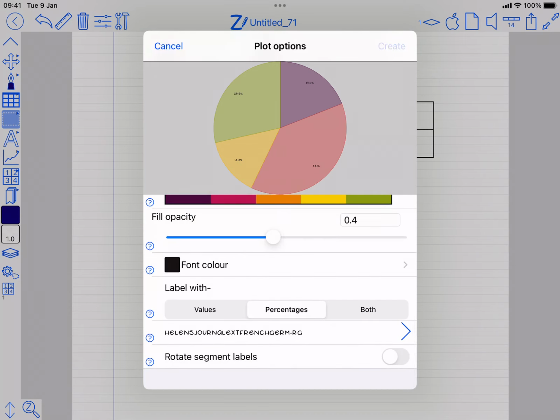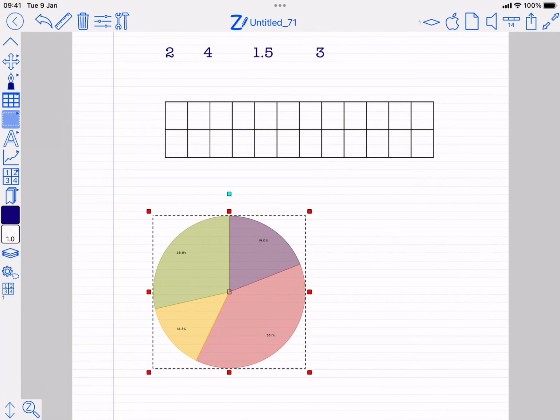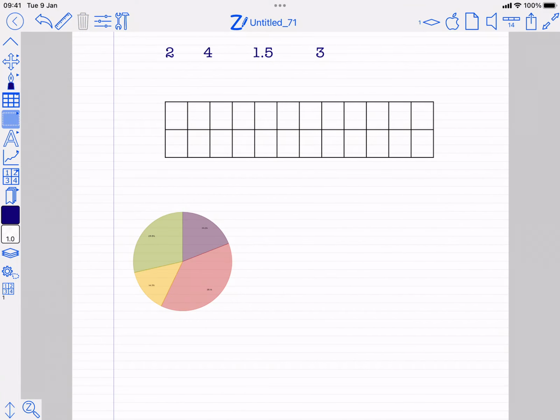So when you're happy you can just press create in the top right and you get something that is a plot object, if you like, and you can move it around, rotate it in the usual way. But more powerful than that is to use a table to store your data with or in. So there's been a change for tables to make that possible, so that you can embed numbers or text within